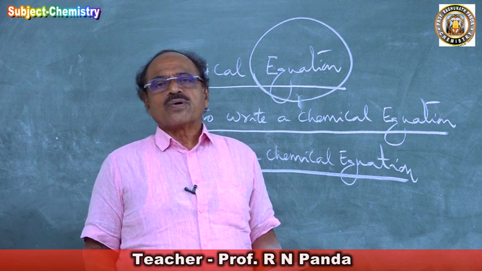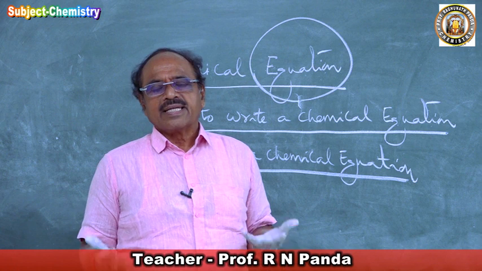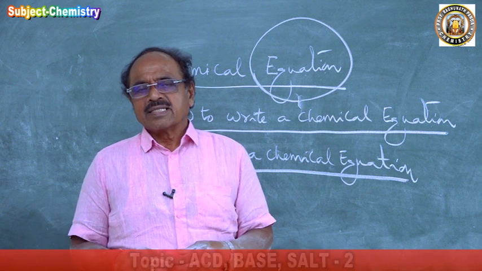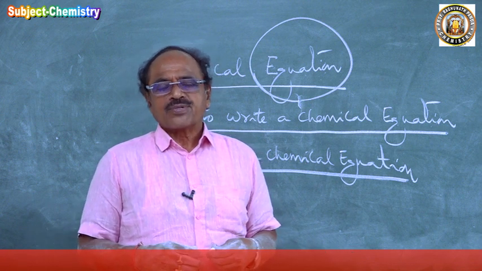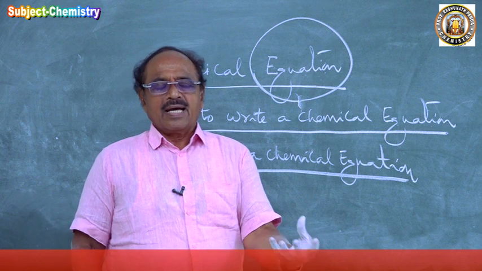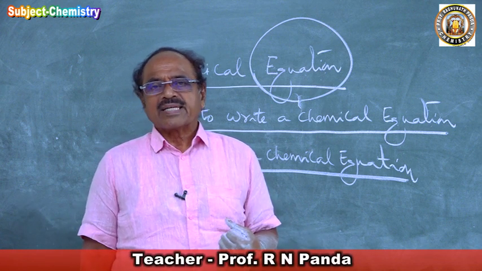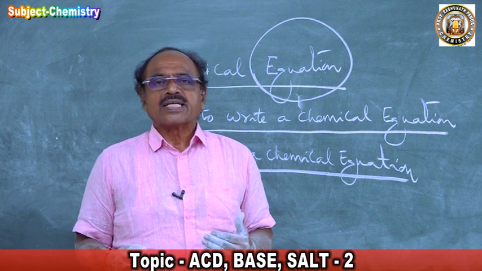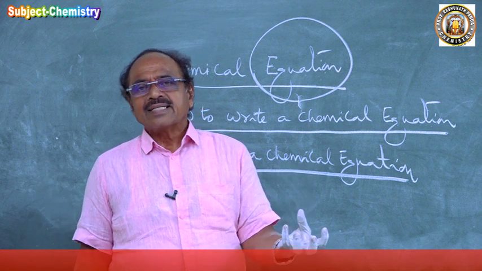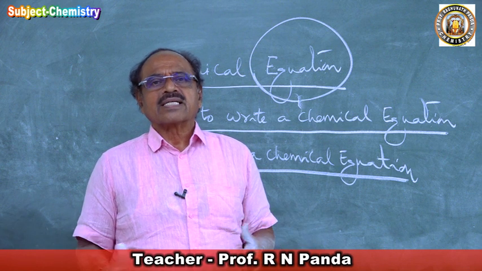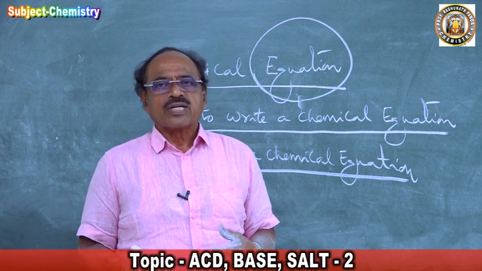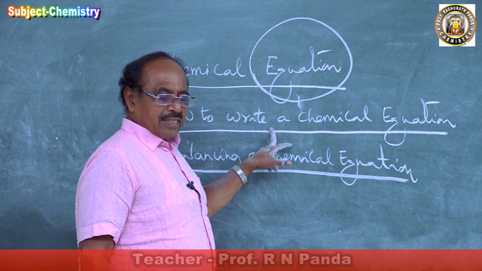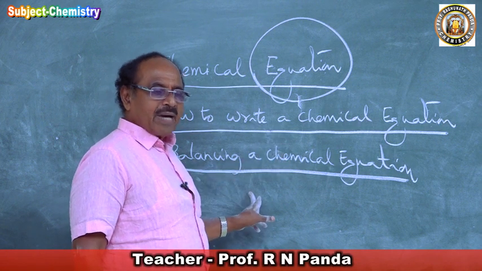And in chemistry, when substances react, they react by their equivalences. So the number of atoms undergoing chemical reaction will always be equal to the number of atoms produced as product. The energy of the atoms undergoing chemical reaction will be equal to the energy produced as a product. Hence we say that there is an equality between the reactant and the product. Hence every chemical reaction can be represented by a chemical equation. So next class I will talk to you about what is a chemical equation, how to write the chemical equation and how to balance a chemical equation.